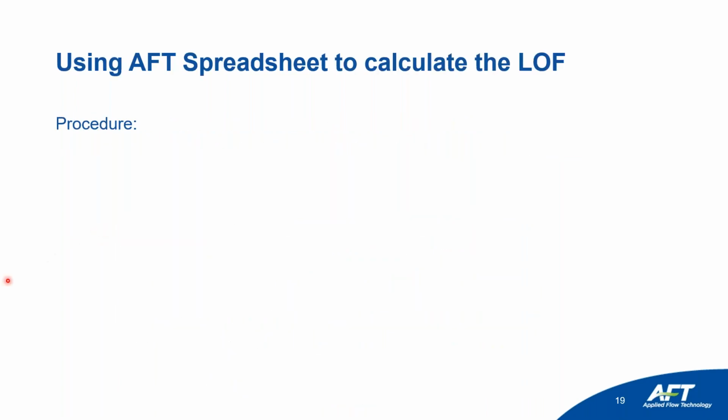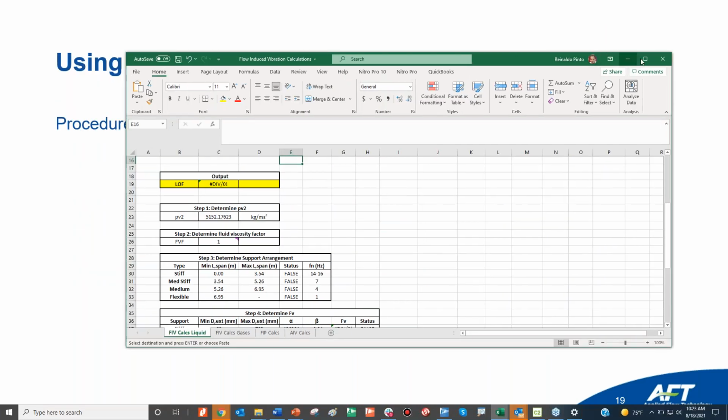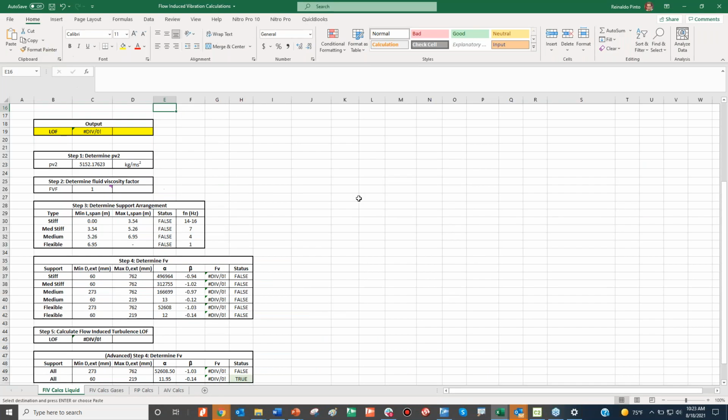So now we're going to discuss the spreadsheet procedure for the LOF. Before we do that, I'm going to bring the spreadsheet that you will have available in the new version of Fathom. It has 4 tabs.